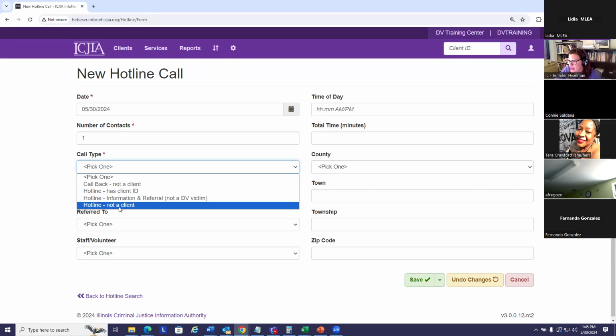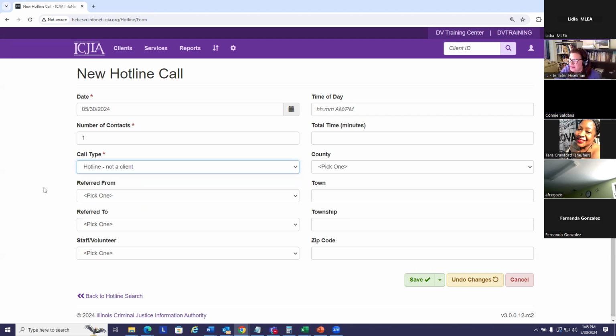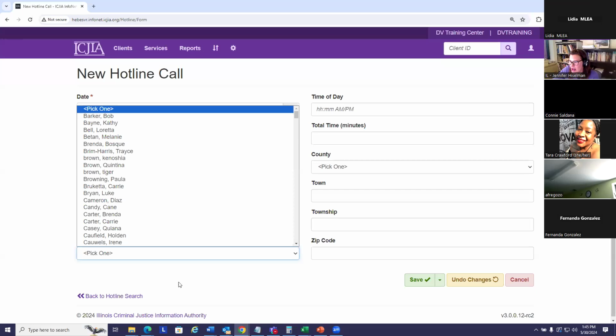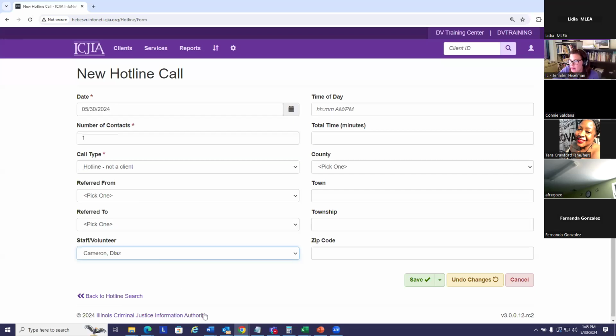I'm going to say this caller was not a client. They were just calling. A lot of this information, you can enter it if you know it, but these are crisis calls. You're not going to get to a lot of this information. That's not uncommon. They're there if you can get it and you find it helpful, but don't be concerned about leaving them blank. Handling the crisis is top priority. You do want to enter the staff that took the call, even though it's not required. It's helpful to have it entered. And then the time of day,